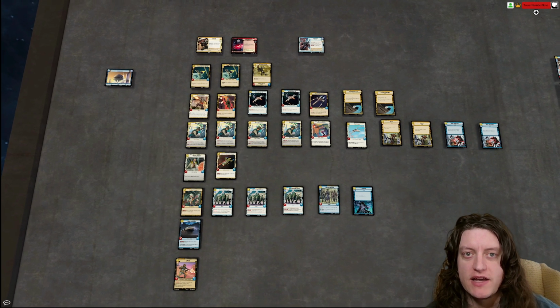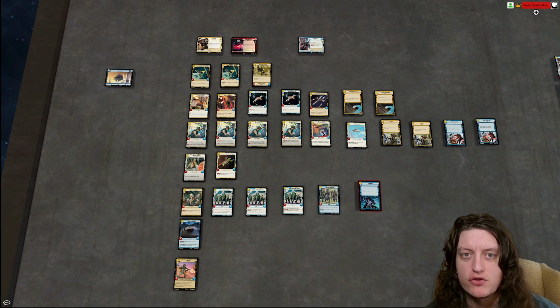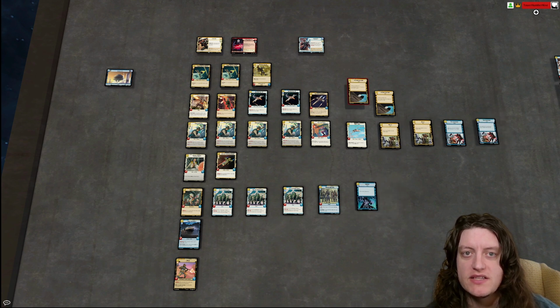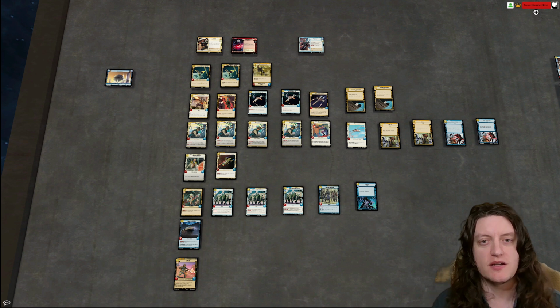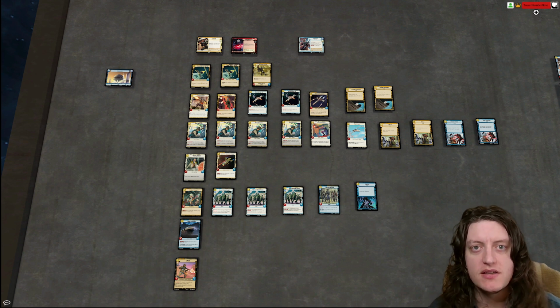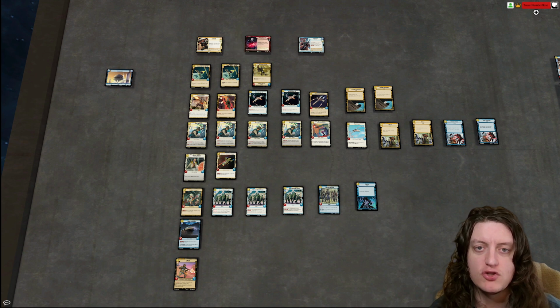And I also had a lot of removal and disruption. So these Make an Opening and Vanquish are removal. The Waylays, Asteroid Sanctuaries are disruption. I just had a lot of ways to mess with what my opponent was doing, and ultimately it ended up being successful. Yeah, so that was the deck that I drafted, and I've really been enjoying drafting